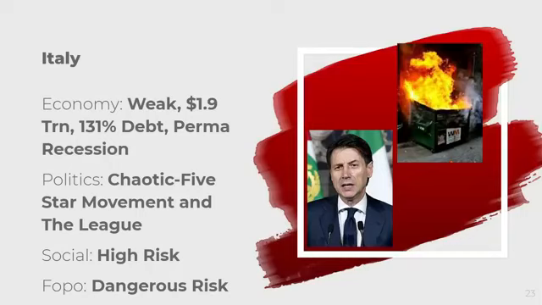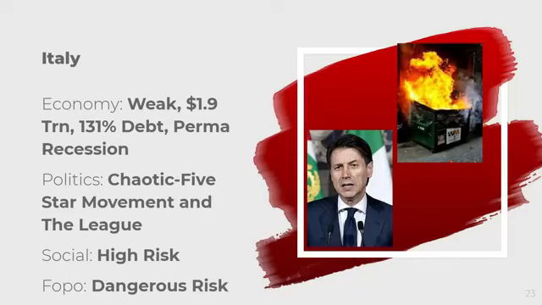But if you thought the UK was bad, you haven't seen Italy. Italy is special. So pictured here is the new Prime Minister of Italy, Giuseppe Conte. And Giuseppe Conte is the leader of the Five Star Movement, who is in a coalition with the League. Both radical populist parties that pretty much want to ban immigrants, work with Russia, leave the European Union, and have a flat tax. Are you seeing the trend with right-wing populism?